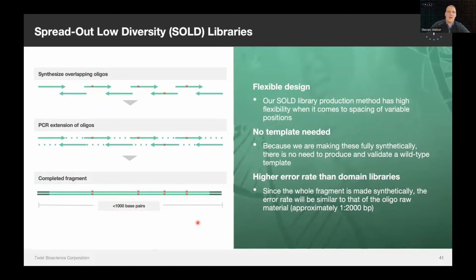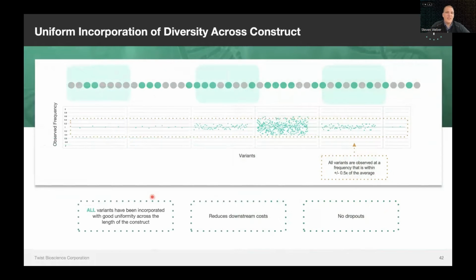This is most notably useful for things like enzyme engineering, where maybe you performed a single site saturation, or maybe you're using crystallography data and you found your most interesting sites that you would like to then shuffle together and see what happens if you change combinations of positions, if they're not co-located in your linear DNA. So essentially, using this technology, we can introduce diversity